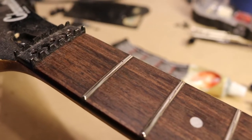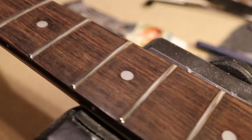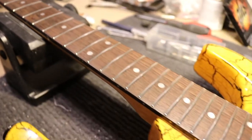I didn't manage to get them away, but I'm good to go for now. This is good for now, I think. So yeah,